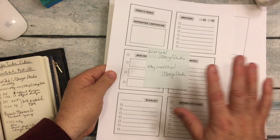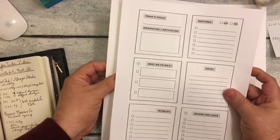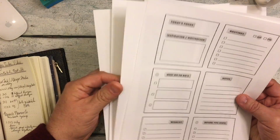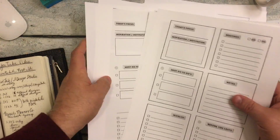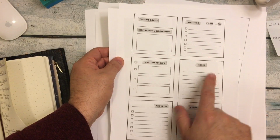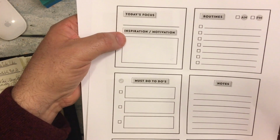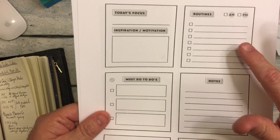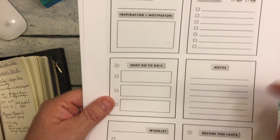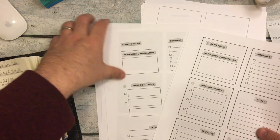So when you purchase these from her shop, I'll set that post-it over there, you get 4 PDF files. You get a file that looks like this, and it's a template for your post-its. And you actually get 15 different designs. You get one that says today's focus and inspiration, so you can do a little post-it. Your AM and PM routines, so you can do one, or one for each. Notes, must do, wish list, and before you leave. And then the other one you get